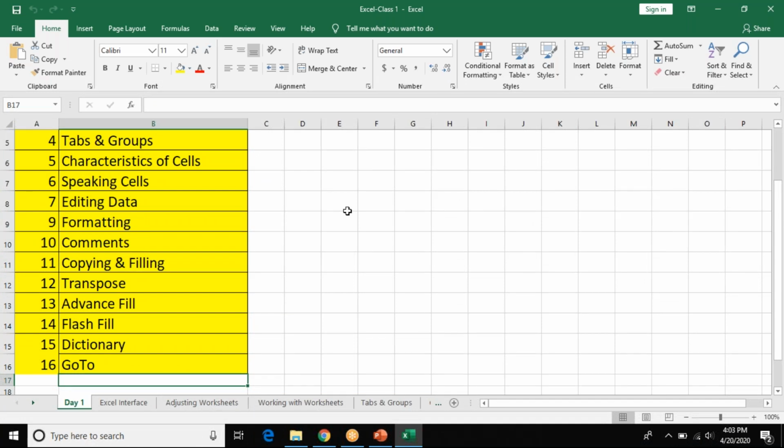As the days go on, more and more topics will come up and it gets a little more advanced. Yes, of course, we will be doing conditional formatting, VLOOKUP, pivot table, HLOOKUP, data analysis, what-if analysis, logical operations, arrays, Excel charts. We will do plenty.